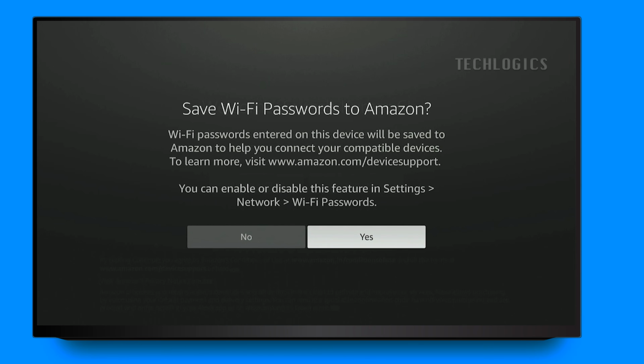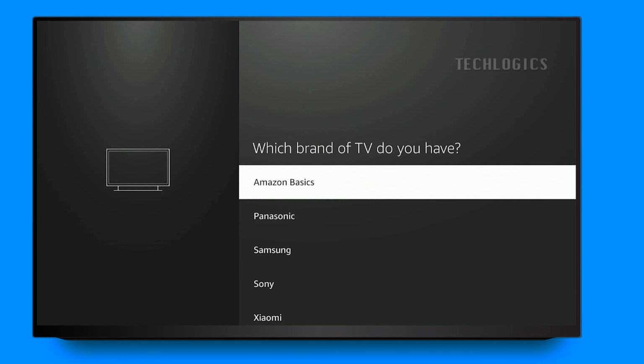You have the option to save the connected Wi-Fi network password to your Amazon account. When prompted, you can choose either Yes or No. Selecting Yes will securely store the password in your Amazon account, allowing for easier reconnection of your Fire TV stick or other Amazon devices to the same network in the future. On the other hand, if you choose No, the password will not be saved, requiring manual entry if you need